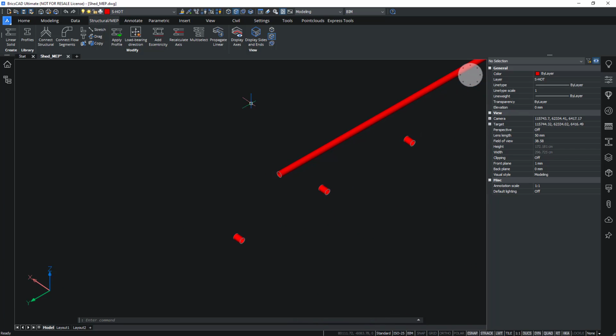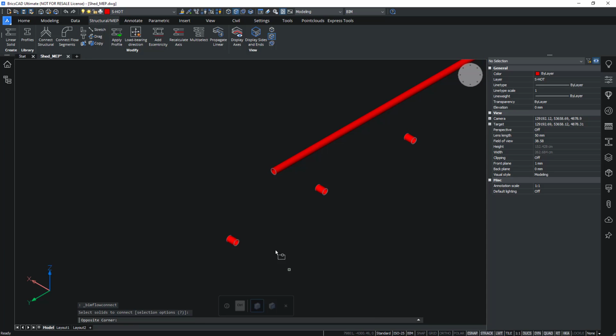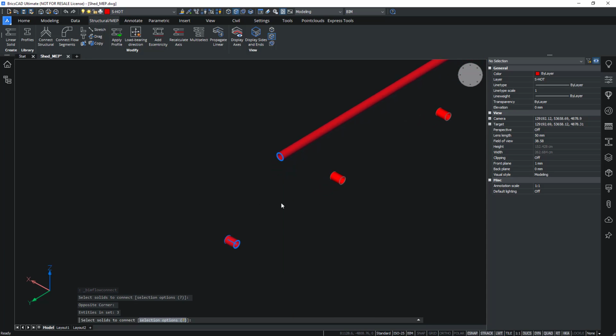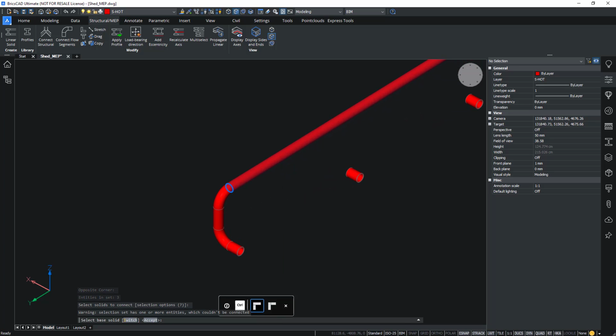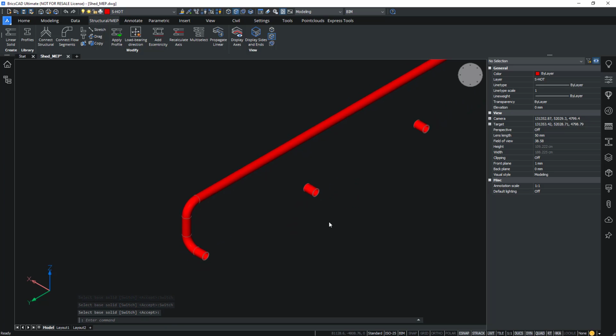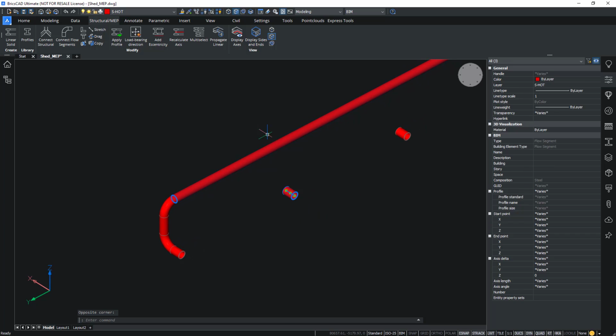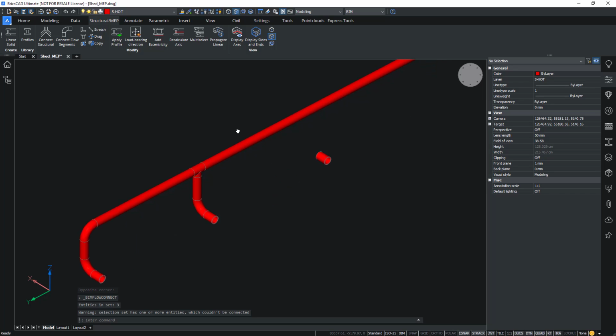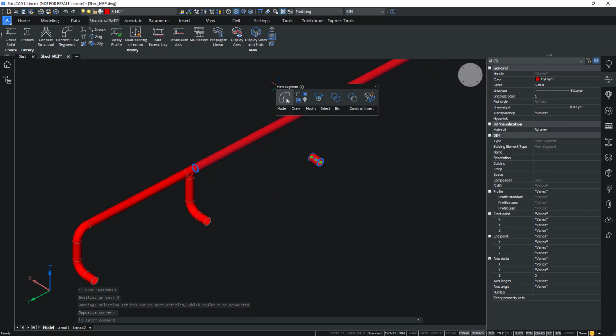We can also use connect flow segments to connect, for example, these two, and automatically it will try to find a way to connect them like this. Sometimes you will have different variants to choose from. So I'll do the same for these and for these.